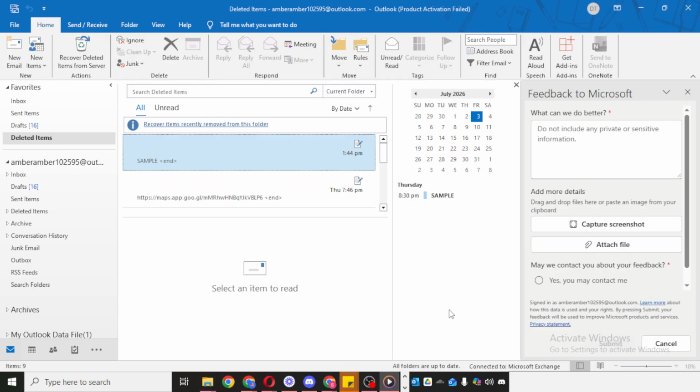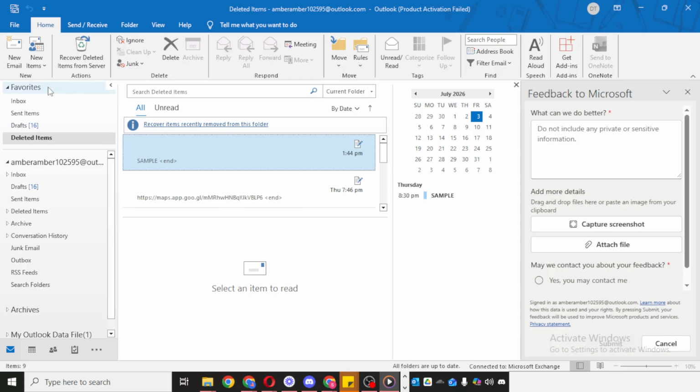This is especially helpful if you prefer a simpler folder list and don't need quick access to pinned folders at the top of the navigation pane. The good news is that this change is very quick to make, and you can always turn it back on later if you change your mind.